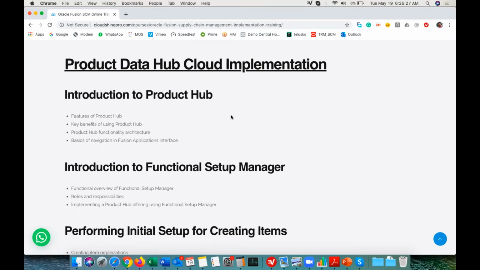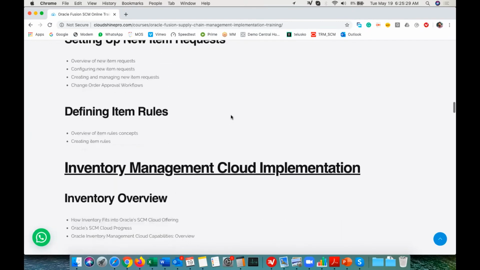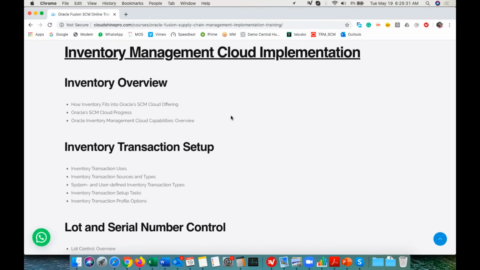Okay, so then the next thing we will cover is the inventory management module. After we cover the product management, we will cover the inventory management cloud. In the inventory management cloud, we will do the end-to-end implementation of the inventory management module. We will set up new users specific to inventory management. We will provide all the necessary roles. For each and every module, we'll create a new user. We will assign all the necessary roles. We will provide the proper data access, and then we will do the execution.